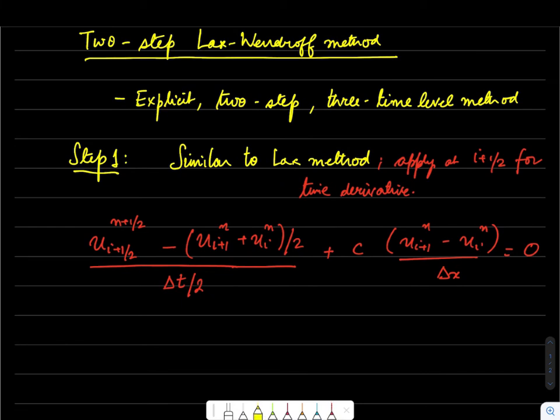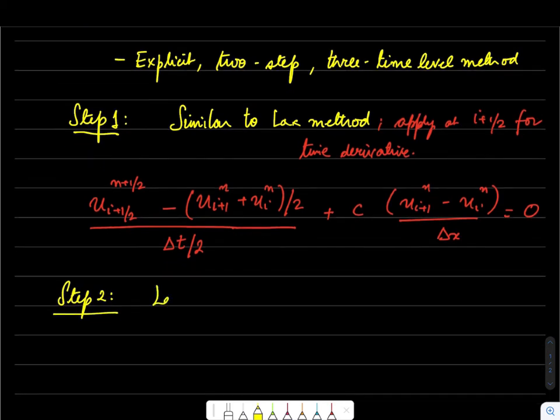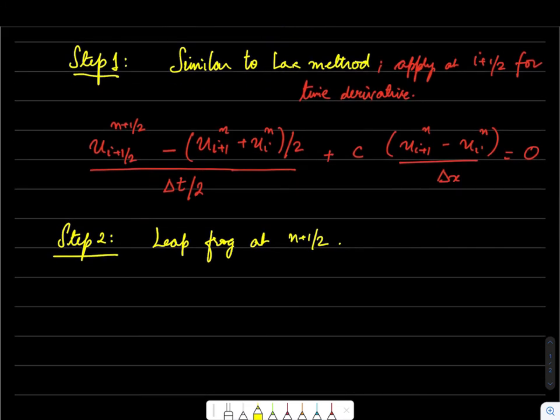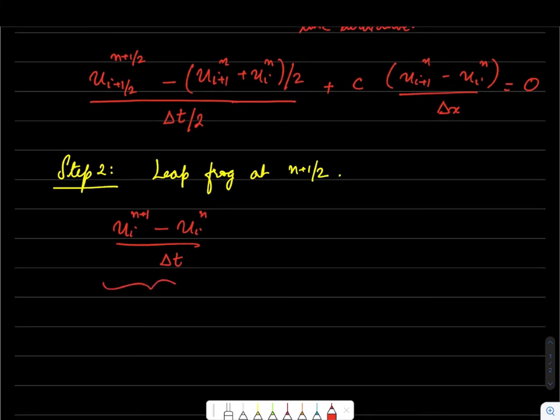Step 2 is we will use leapfrog at the time level n plus half. We covered the leapfrog method a long time back, and so we are going to recall it now. So I'll say u i n plus 1 minus u i n by delta t, and this is essentially the leapfrog step, and you may convince yourself why this is leapfrog. This is leapfrog applied at n plus half